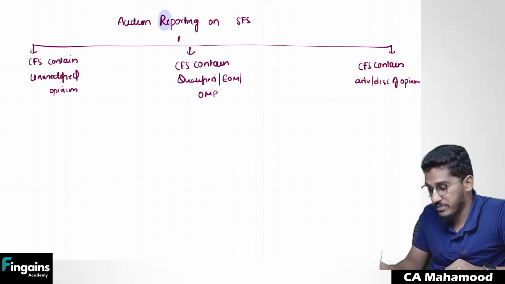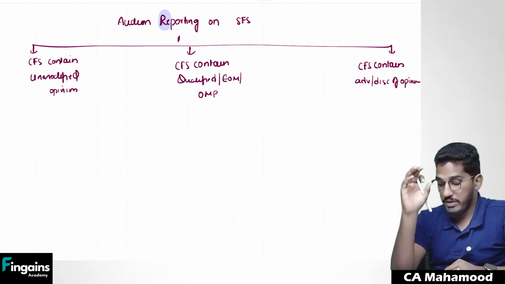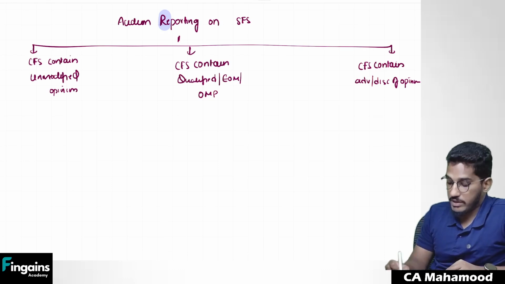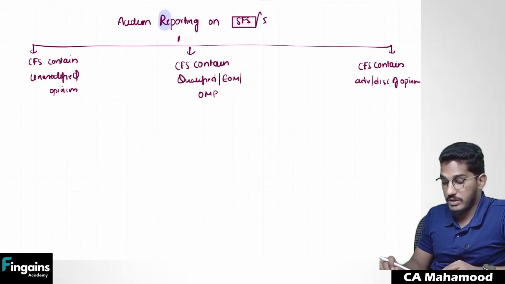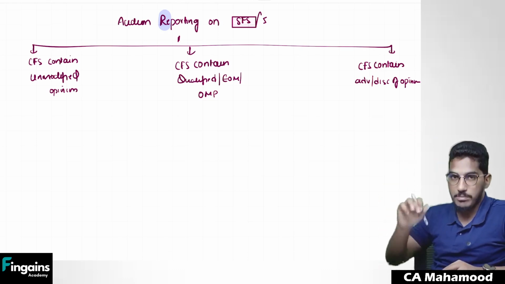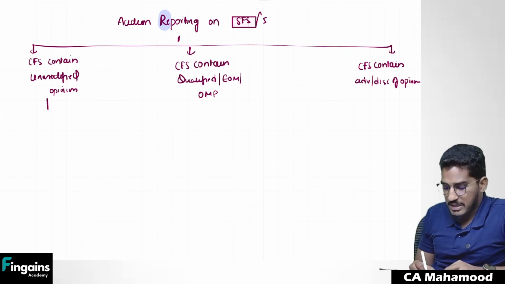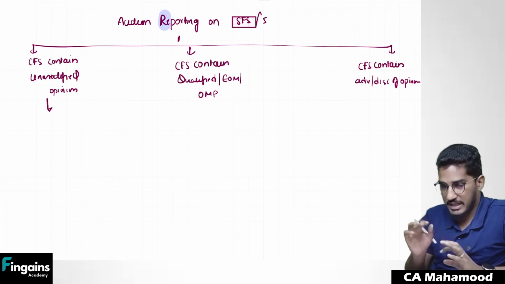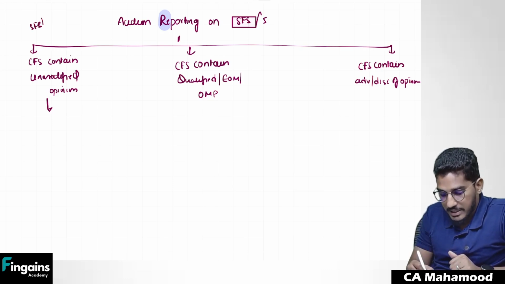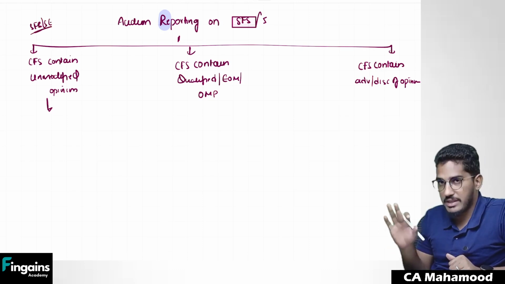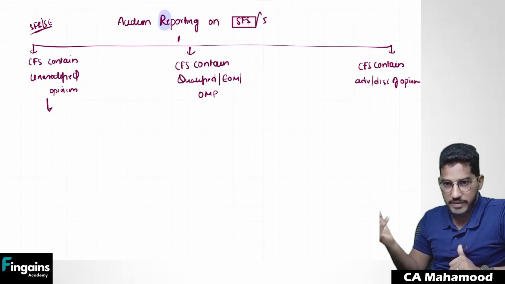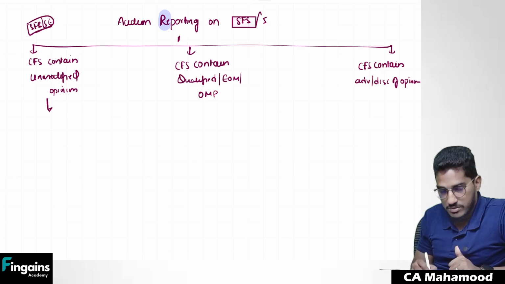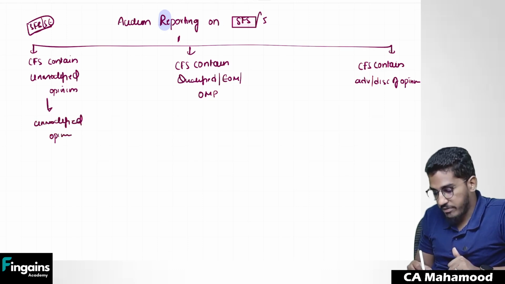Very important, guys. This is the major concept from this entire standard. What kind of opinion you are required to give on the single financial statement audit or specific element of the financial statements depends on what the opinion on the complete financial statements is. See, if the complete financial statements contain an unmodified opinion, and you have verified the single financial statement or that specific element and you are convinced, there is no objection, everything is fine, then on that single financial statement or specific element you can happily give an unmodified opinion.